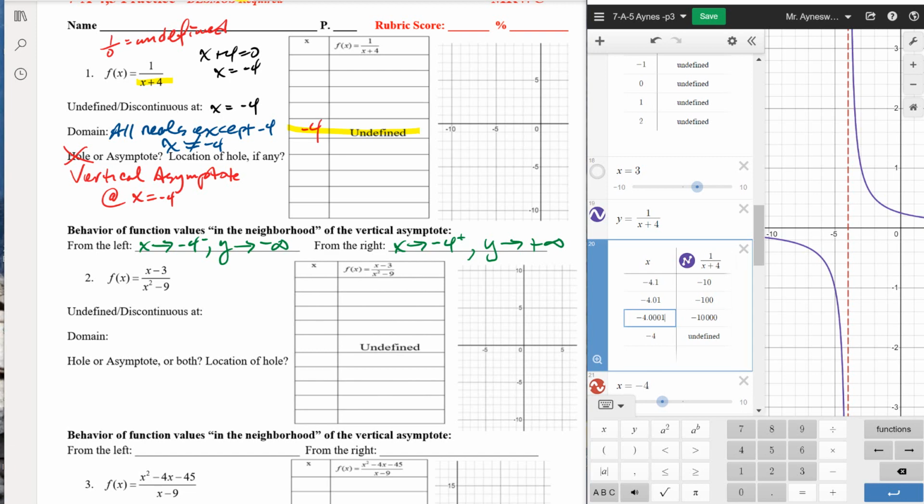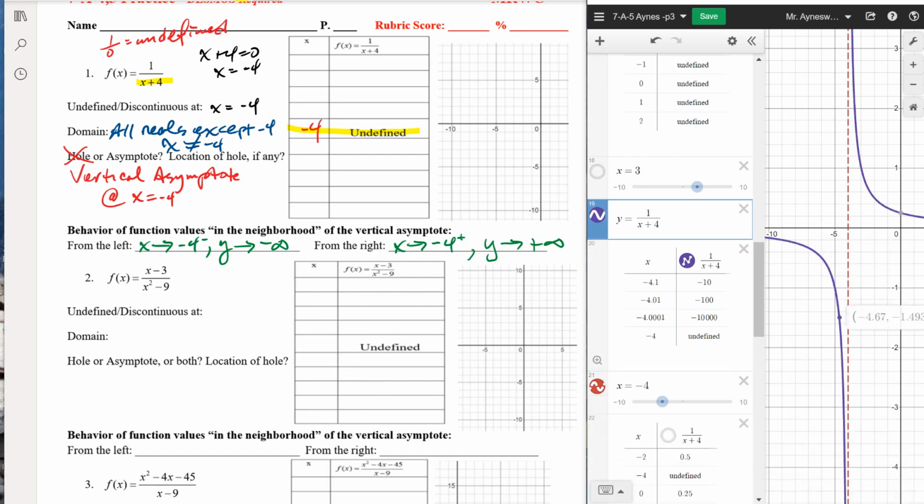Notice that the y values are decreasing right here, from -10, -100, -10,000. That's what it means to go to -infinity, to get infinitely negatively big. Now, when you go beyond on the right side of -4,